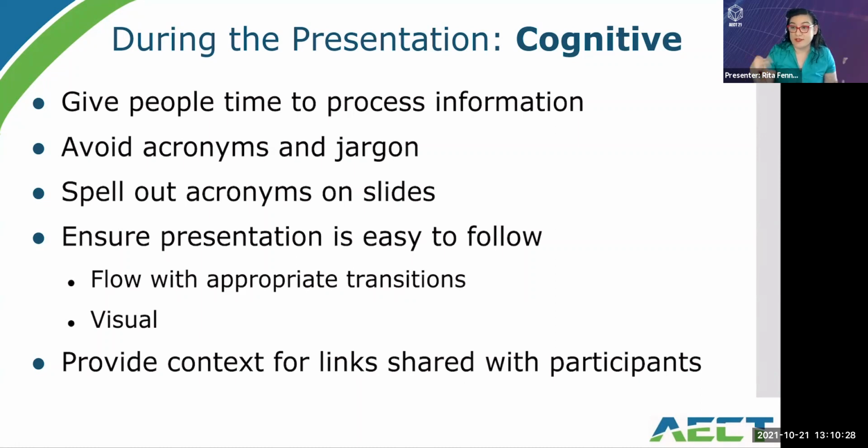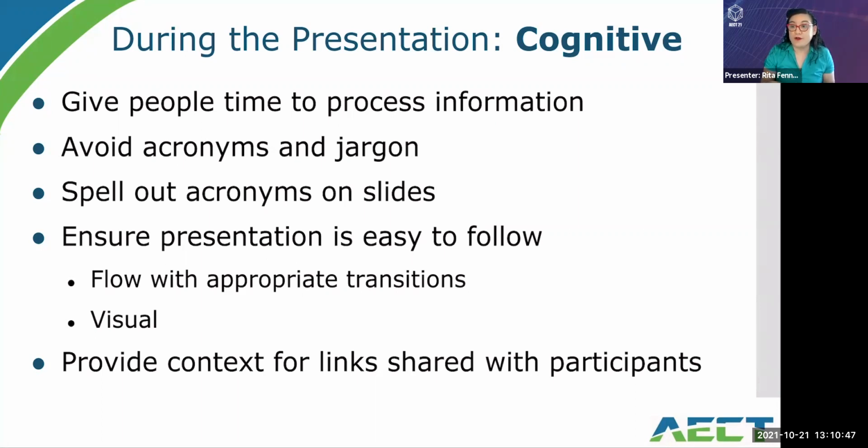That's why we have the term now Zoom fatigue. And as we're all starting to transition back to in-person events, there's also now social fatigue that many of us are experiencing. So make sure that you give people time to process information,